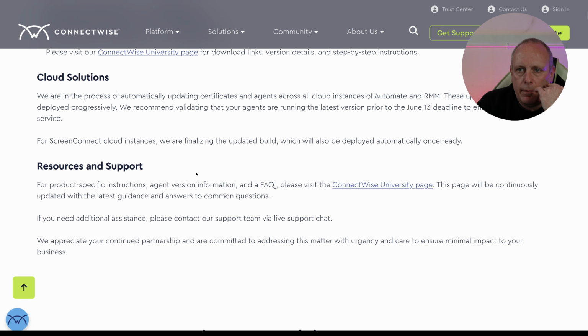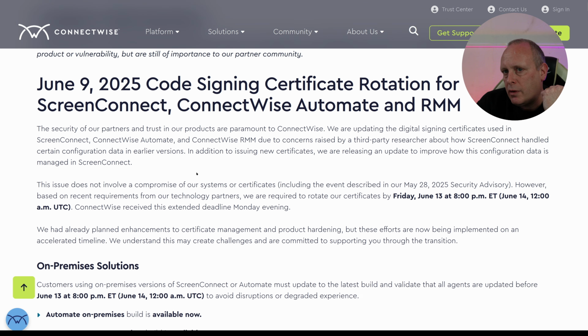Now, if we have a look at more recent events, code signing certificate rotation for ScreenConnect, ConnectWise Automate and RMM. And again, they go on to say the usual, the security of our partners and trust in our products are paramount to ConnectWise. We're updating the digital signing certificates used in ScreenConnect, ConnectWise Automate and ConnectWise RMM due to concerns raised by a third-party researcher about how ScreenConnect handled certain configuration data in early versions. So in addition to issuing new certificates, they're releasing an update to improve how this configuration data is managed in